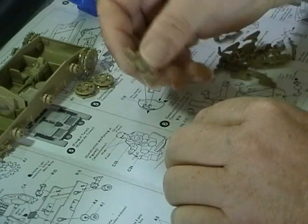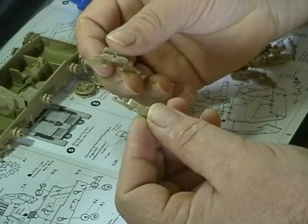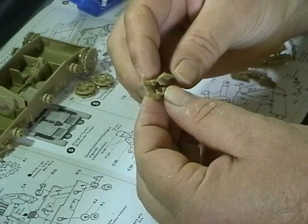Now this part of the build-up, we have the two halves of some of the suspension. Now these two halves just fit together